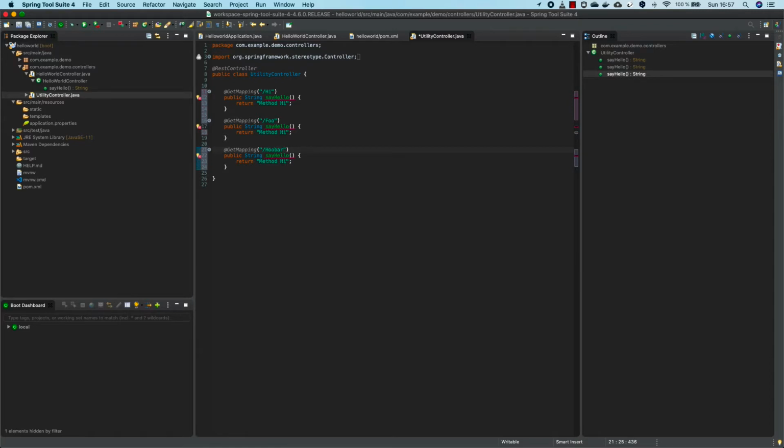We should always have different names, or at least we have to use Java's overloading here. If we don't want to do that, we have to change the name. So say hi, we'll say hi. Here we'll say foo. Here we'll say foo bar. Method hi, method foo bar. Now when we run our application,